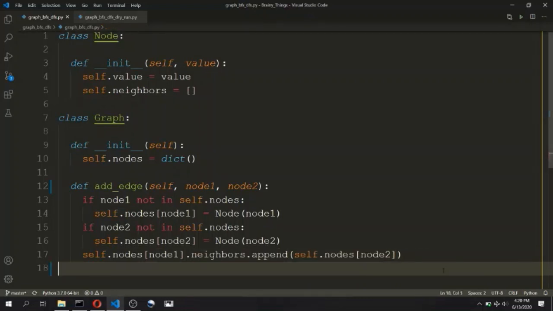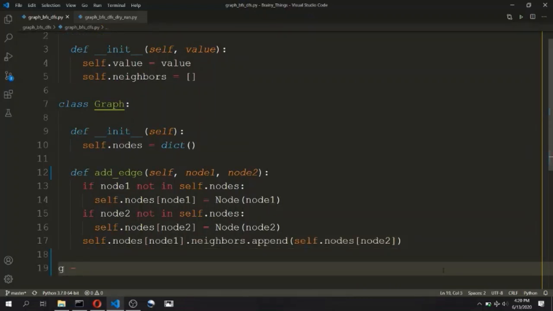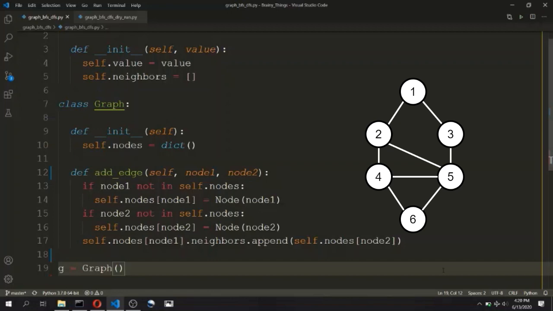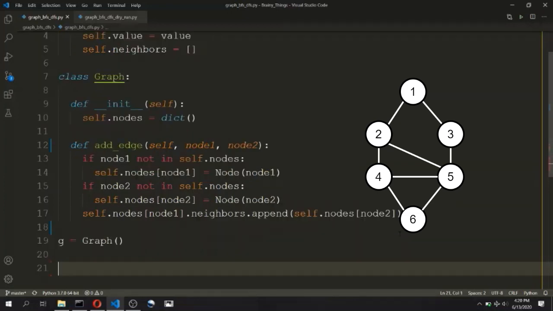Next, we will initialize a graph object outside this class. We will add the edges as per this example graph that will be displayed on the screen. We are considering this graph to be undirected, that is, the edges in this graph are two ways. So for each edge in the graph, we have to add two edges in the graph for both directions. Let's define a list for edges corresponding to one direction for now.